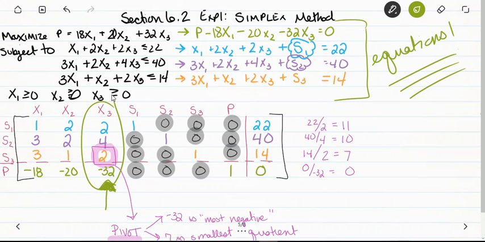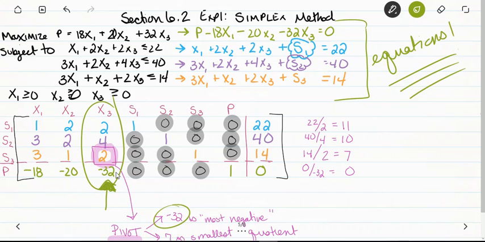We selected the column based on which of these values in the last row was the most negative, and that was a 32. And then now we're trying to determine, is it the blue 2, the purple 4, or the orange 2 that we're going to pivot from or bounce off of. And the way I determine that is I take the end column, the 22, 40, and 14,